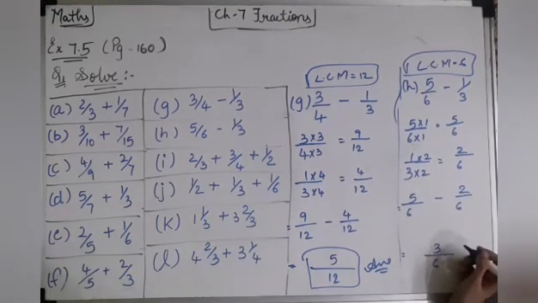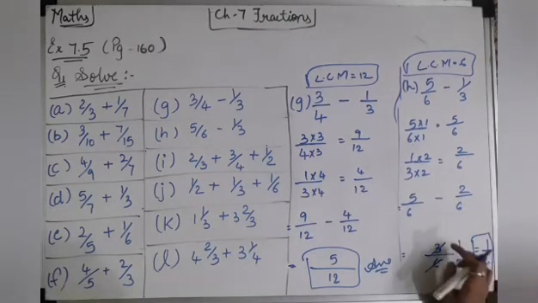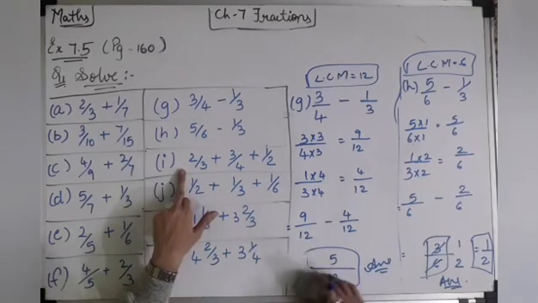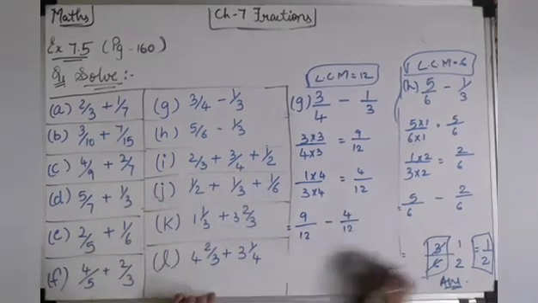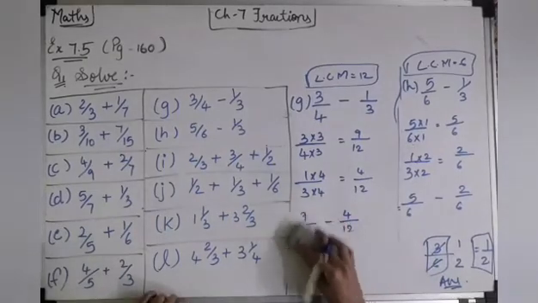This you can also write in the simplest form. 3 1s are and 3 2s are. 1 upon 2 is also a right answer, and 3 upon 6 is also a right answer. Okay? Either you can write like this way, or you can convert into the simplest form. Okay? Coming to I, now don't get confused in I, because 3 fractions are there. As we are doing in 2 fraction, similarly we have to do in 3 fraction. Okay?